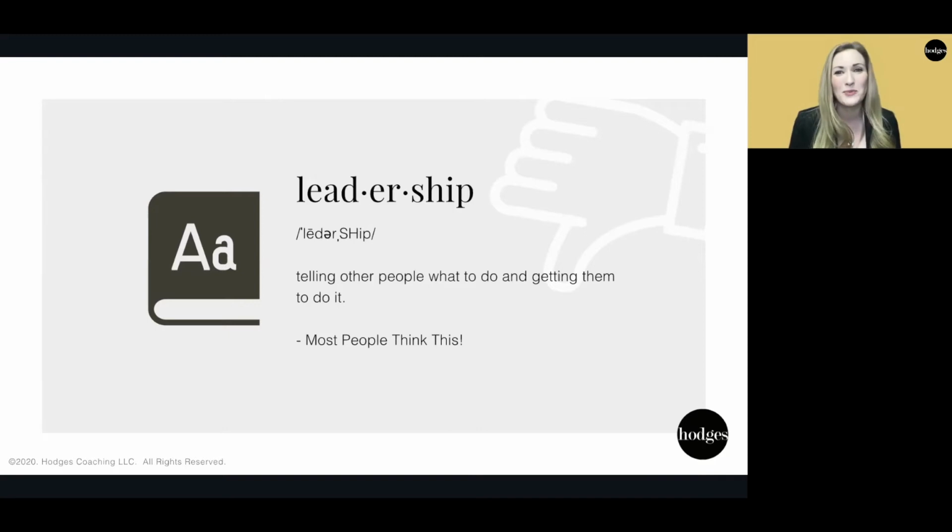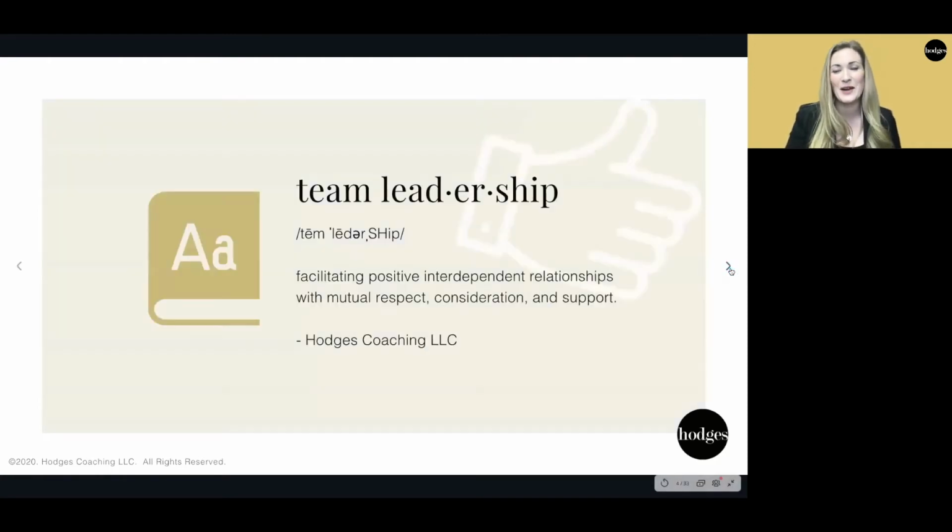But there's so much more to leadership than that, especially if you want to grow, if you want to scale, if you want to thrive, then that means everybody doing more than what you expect them to do and wanting to do more than what you expect them to do and having new ideas that are better than yours, which is really cool. So, our definition of team leadership is facilitating positive, interdependent relationships with mutual respect, consideration, and support.